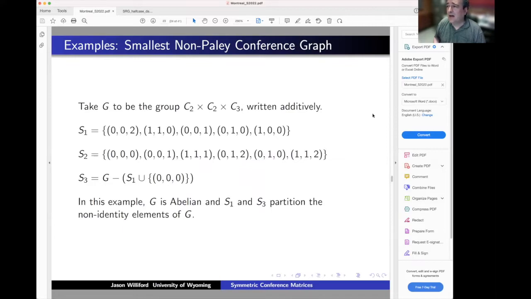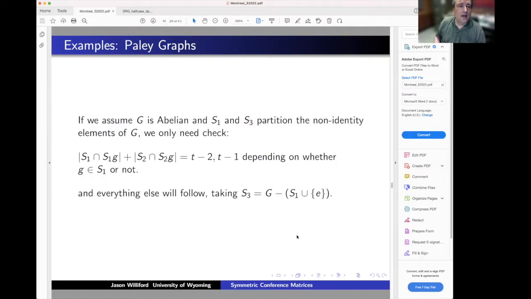And by the way, I haven't really talked about two-graph switching, and I wasn't going to talk about it a lot, but this is not two-graph switching equivalent to the Paley graph, because you just get Paley graphs back when you do that. So this is something different. Now,